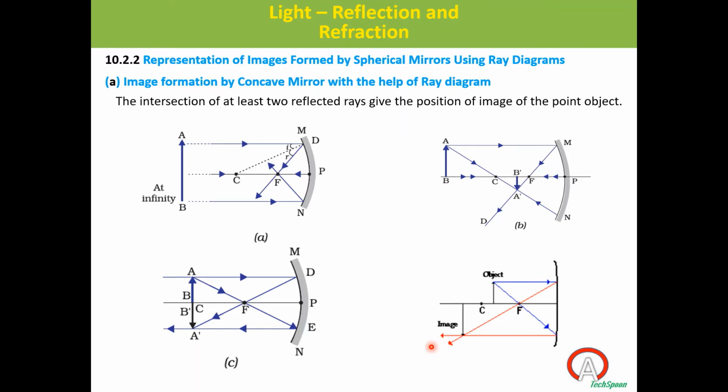Okay, case 4. So the image you are getting beyond C. First, for the object at infinity, you get the image at the focus. Just beyond C, you get the image between F and C. The object is moving towards the right, and the image moves towards the left, in the opposite direction. First thing I told you, right? When the object moves towards the mirror, the image moves away from the mirror. You can see the first image, second image, and third image beyond C, and the fourth image